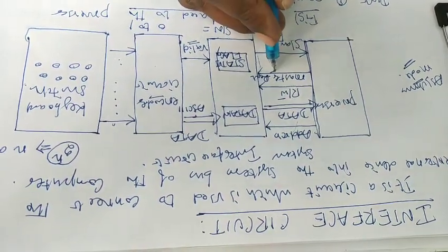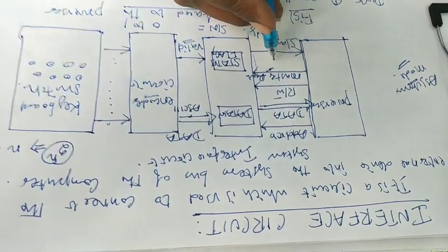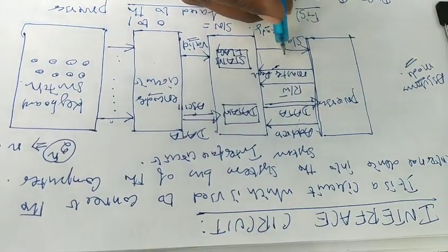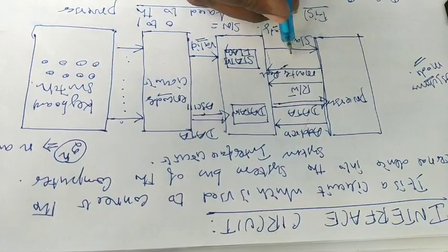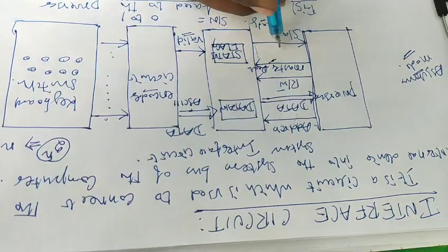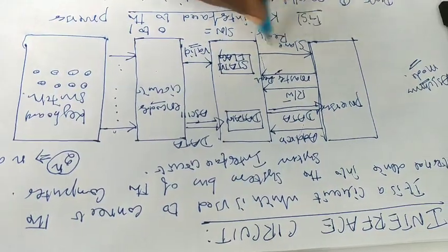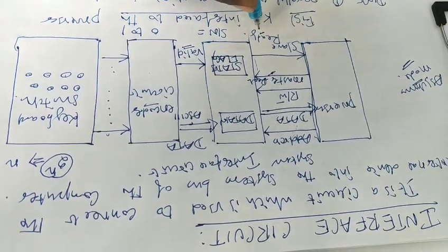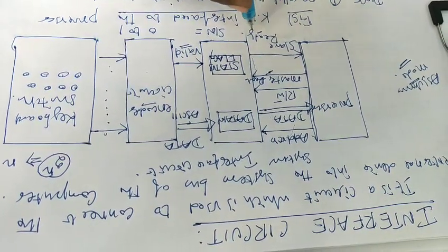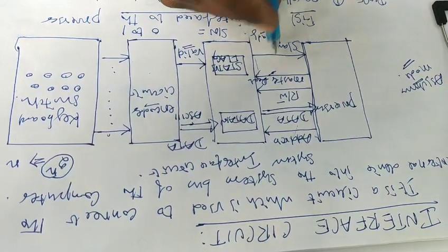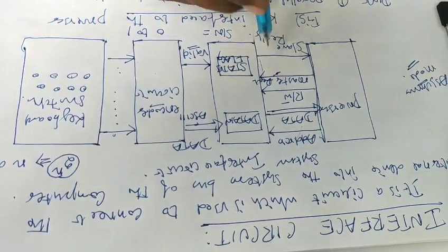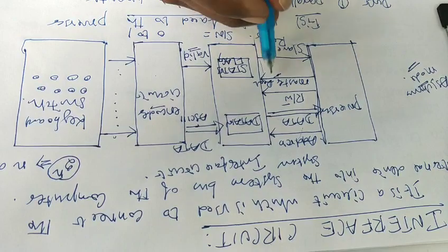So the master ready is used to indicate that the particular master is ready to accept the data or is ready to transfer the data. Like that, the slave ready signal is from the side of the slave system, which indicates to the particular master that I am ready to be involved in the transaction. Like that, two signals are used for the asynchronous mode of bus transfer.